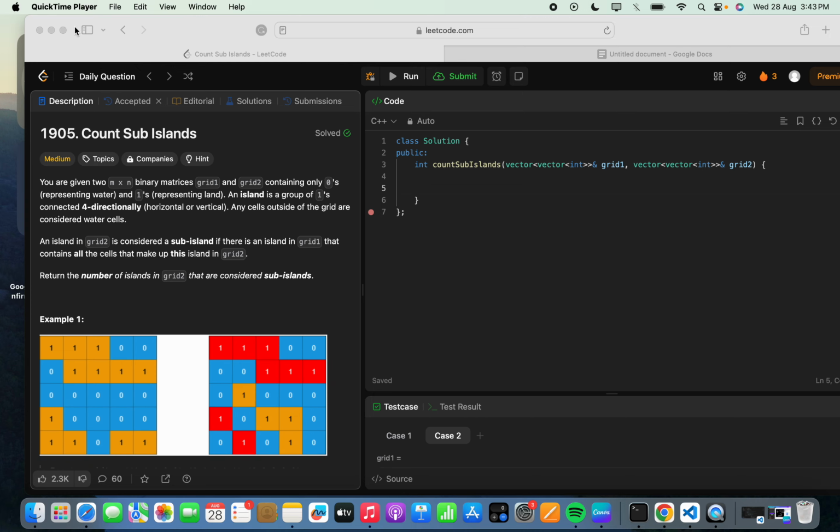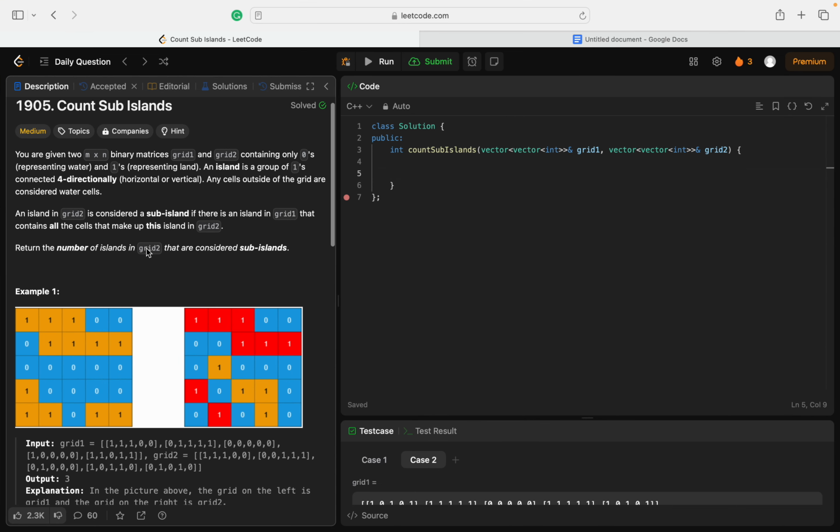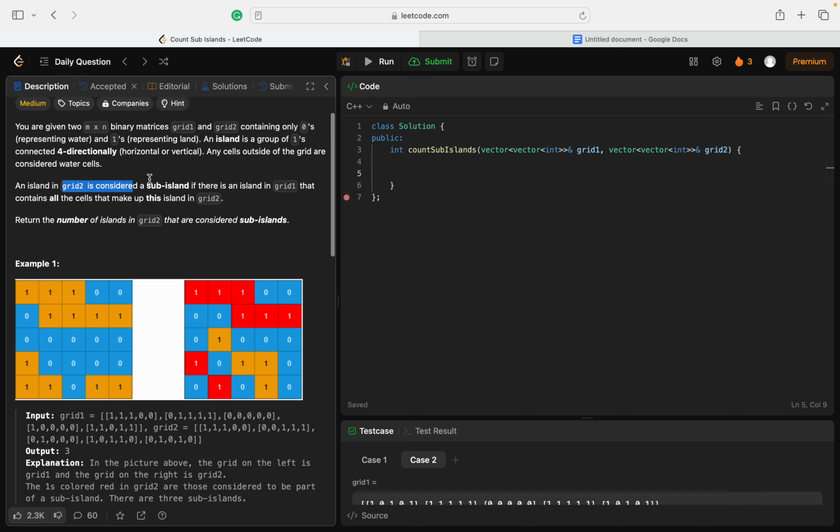Hello everyone. So today we will be solving Leetcode 1905 count sub-islands. In this question we are given two grids containing ones and zeros. The ones indicate land and zero indicates the water bodies. An island in grid 2 is considered a sub-island if there is an island in grid 1 that contains all the cells that make up this island in grid 2, and we have to return the number of such